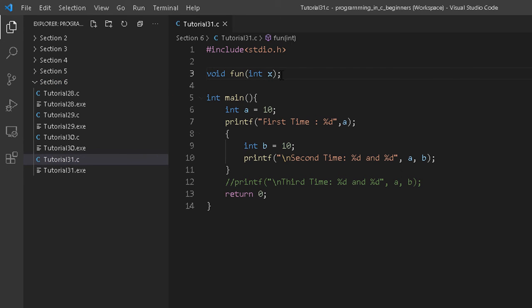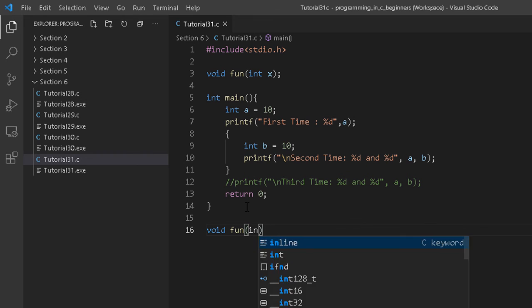This line is nothing but the function prototype declaration, where we declare the name of the function, the parameters that we are going to pass, as well as the return type. You know what? When you are providing a function prototype, there is no need to provide the variable name. So even if you write it like this, it's totally fine. But you can provide parameter names as well, so this is also okay. And in that case, when we give the prototype declaration, we generally define the function after main. So I'm going to define the function here, with what it's going to do.